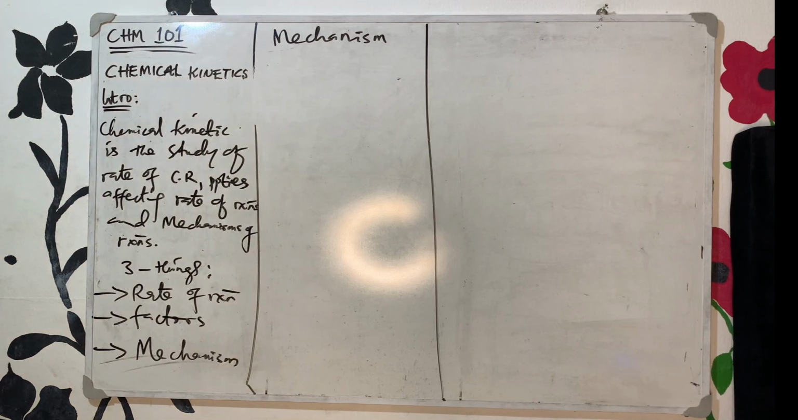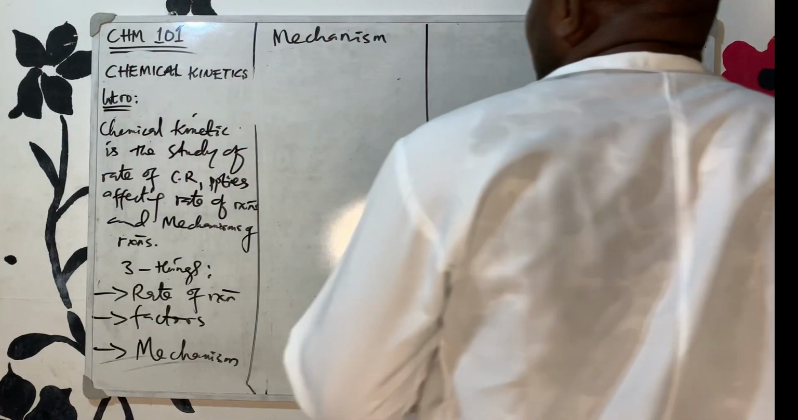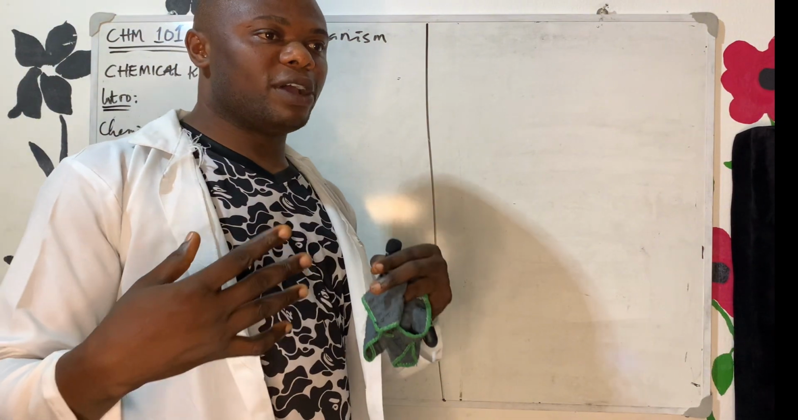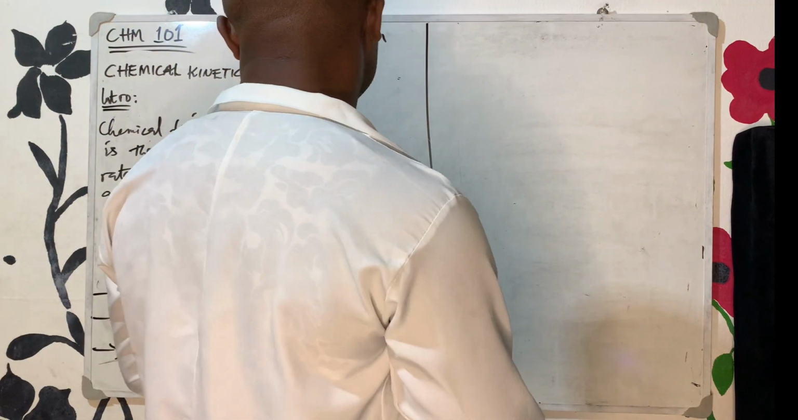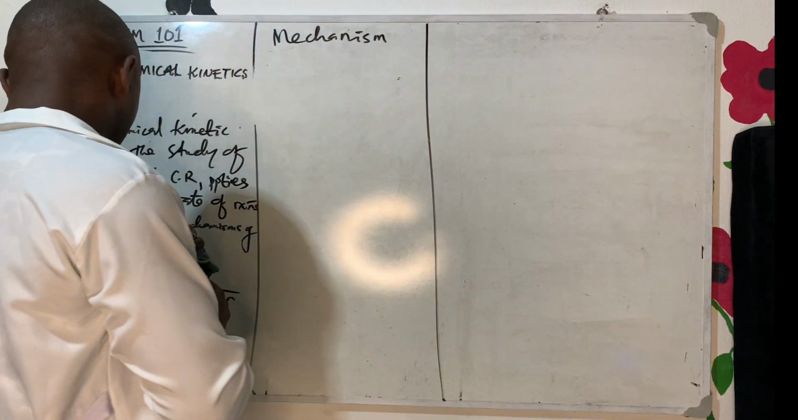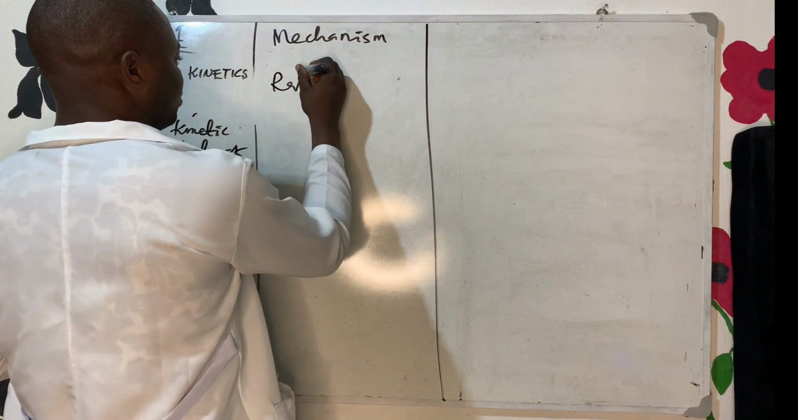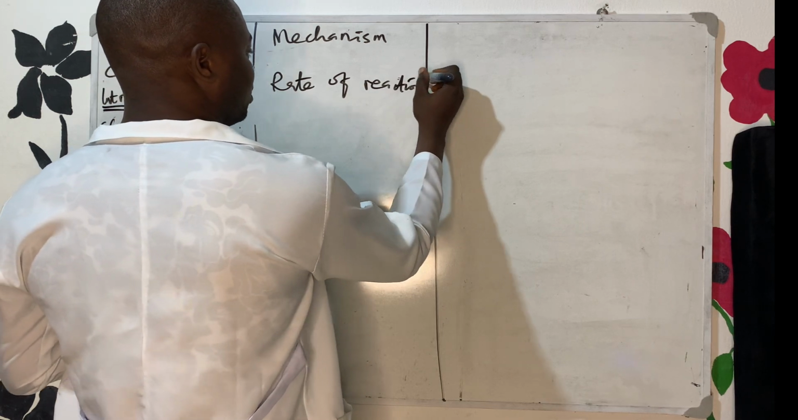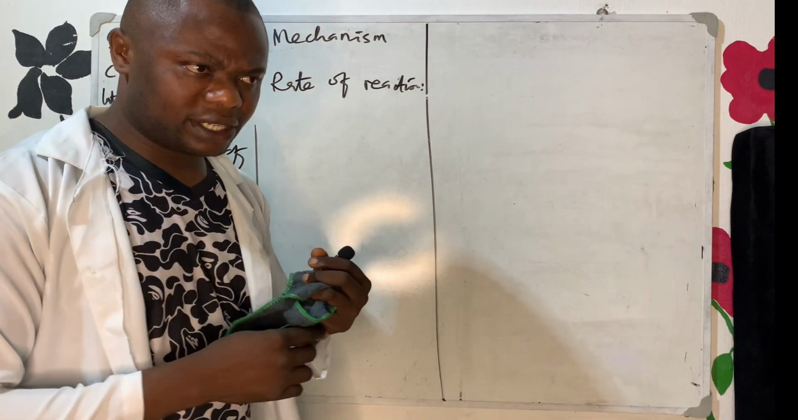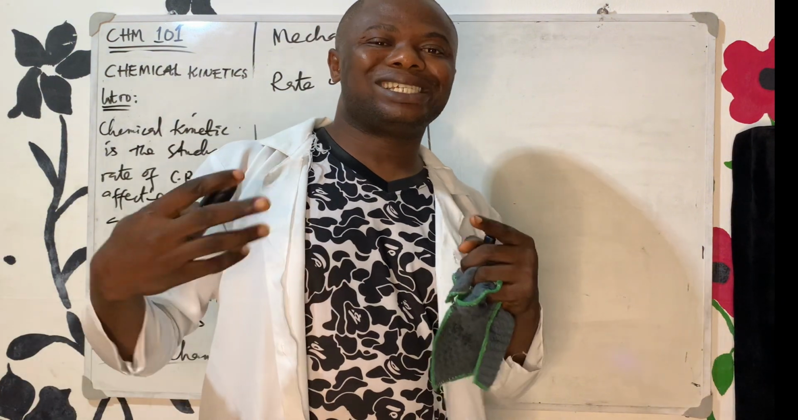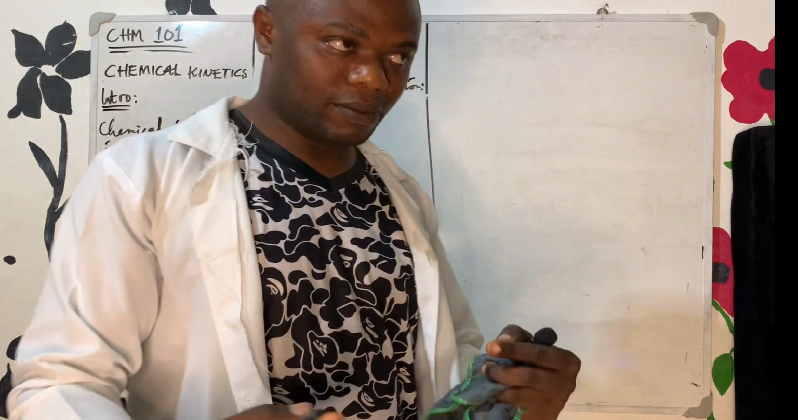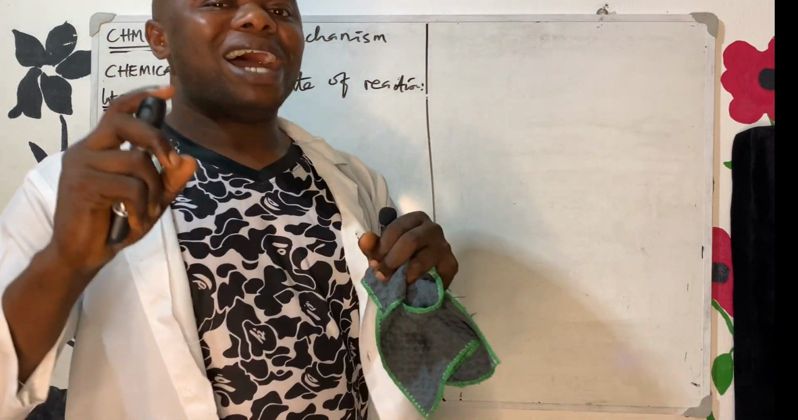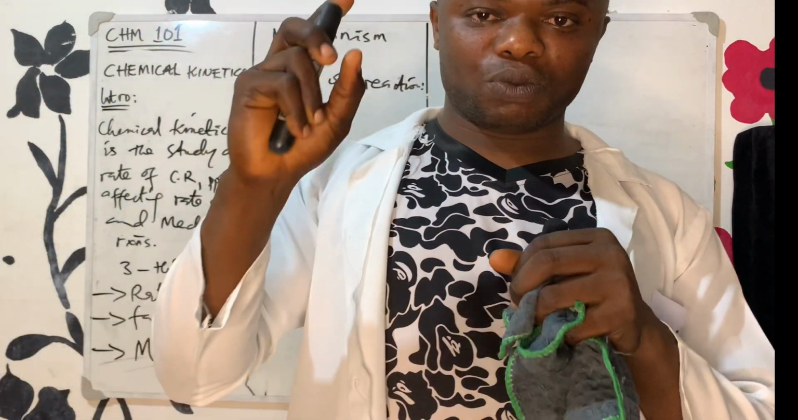Just like I said before, the mechanism of reaction is simply the series of steps required for a given chemical reaction to take place. Let's go straight to what we mean by rate of reaction. Rate of reaction. Yes, rate of reaction. I want you to understand when we talk about rates, we are referring to a concept expressed with respect to time. So rate of reaction is none other than the speed at which reactants are converted to products